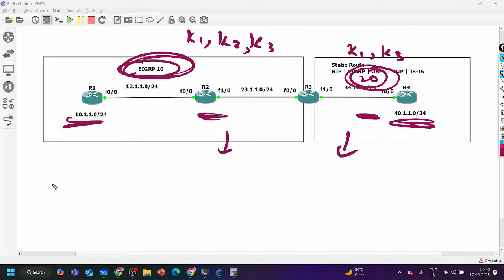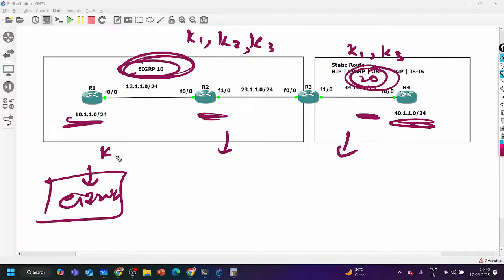So whenever I redistribute anything in EIGRP, any routing protocol, any type of prefix, in EIGRP I have to define K values. If I am going to redistribute any prefix into RIP, guys, which value do I have to define? You know, RIP uses hop count to calculate the metric, right? So definitely we have to define hop count while redistributing.